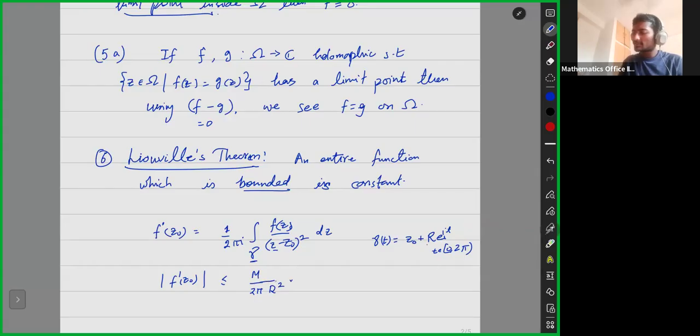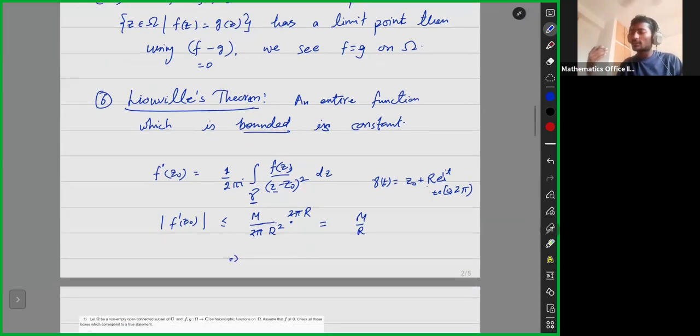What is left is the integral of 1, which is the circumference of the circle, 2 pi r. So the 2 pi gets cancelled, giving m by r, and because we can choose r arbitrarily large, since f is entire,